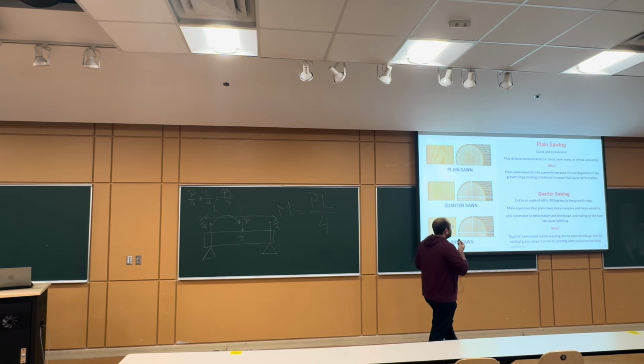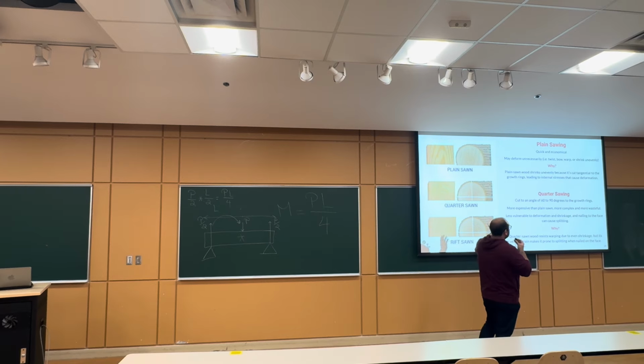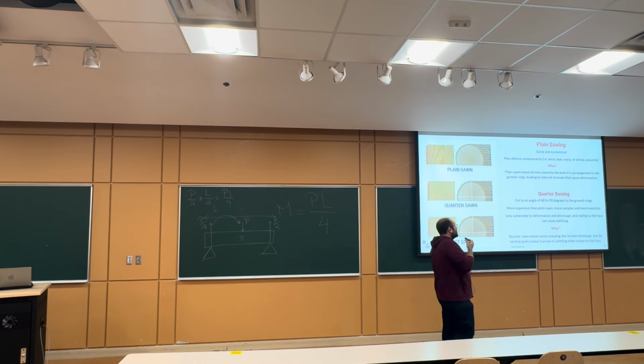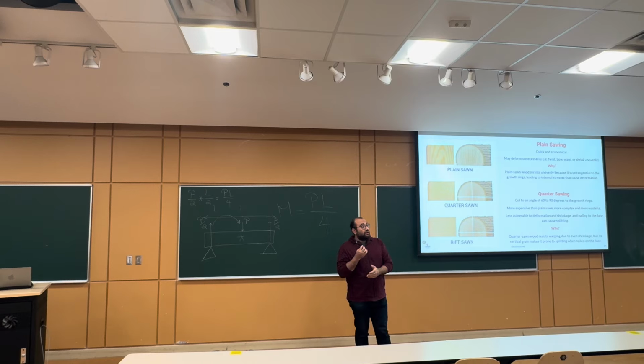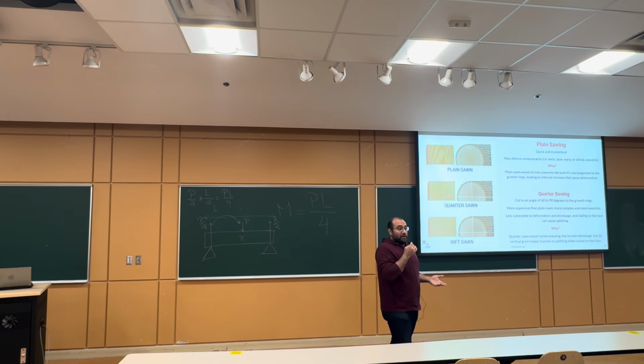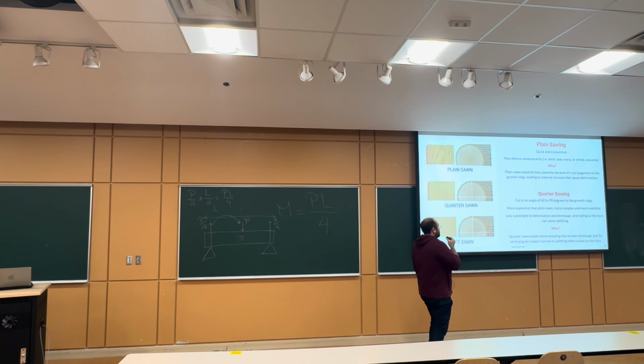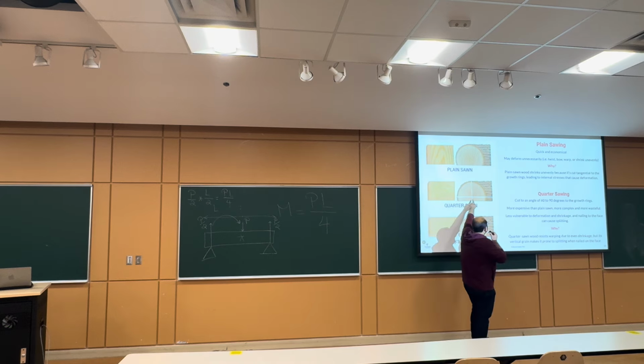So the plain sawn wood shrinks unevenly because it's cut tangential to the growth rings, leading to internal stresses that might cause deformations and other defects or errors that we don't want to have in our construction material. The other technique is called the quarter saw, where we cut the log